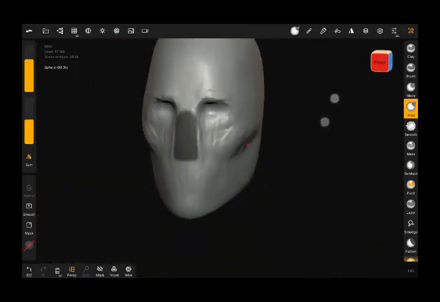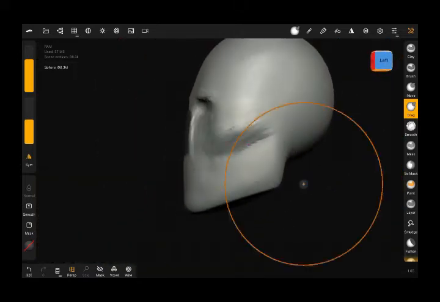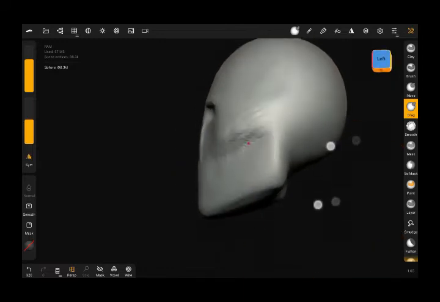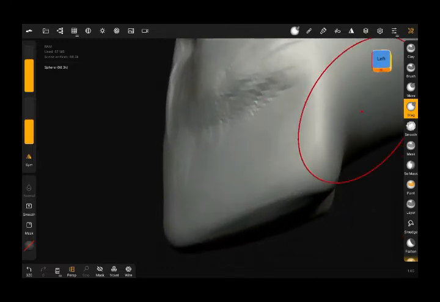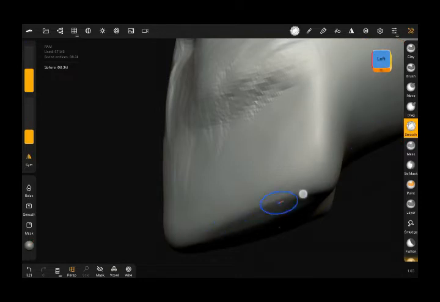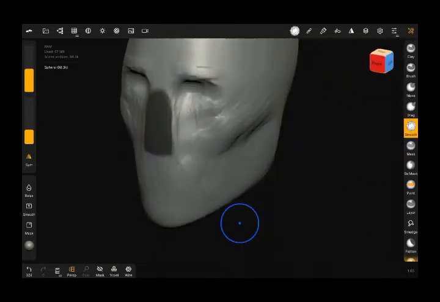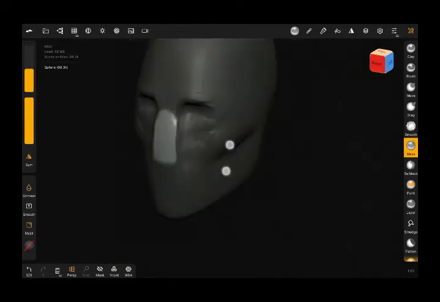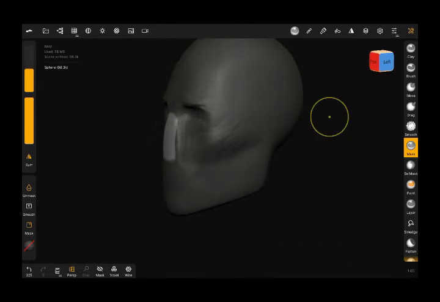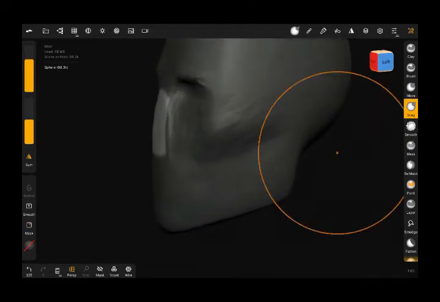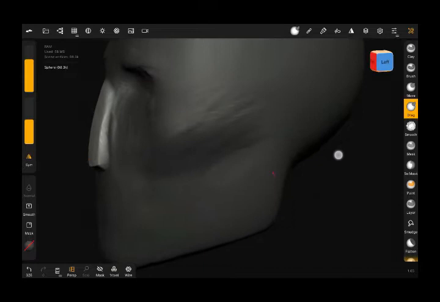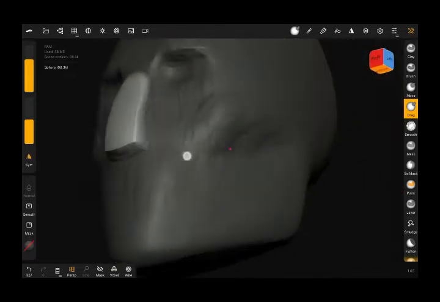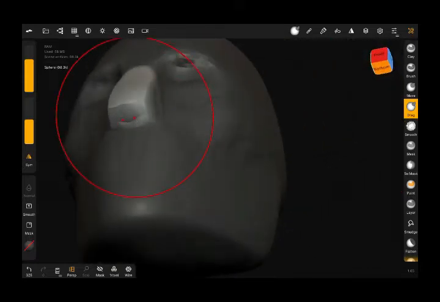And it looks good. Well, it looks flat, but I will adjust this. So I'll use my smooth brush and just smooth that a little bit. So let me go to my mask brush and click on invert, and after inverting that, let's move this out. All right, so I'll just use my move brush, my grab brush, and just pull this out